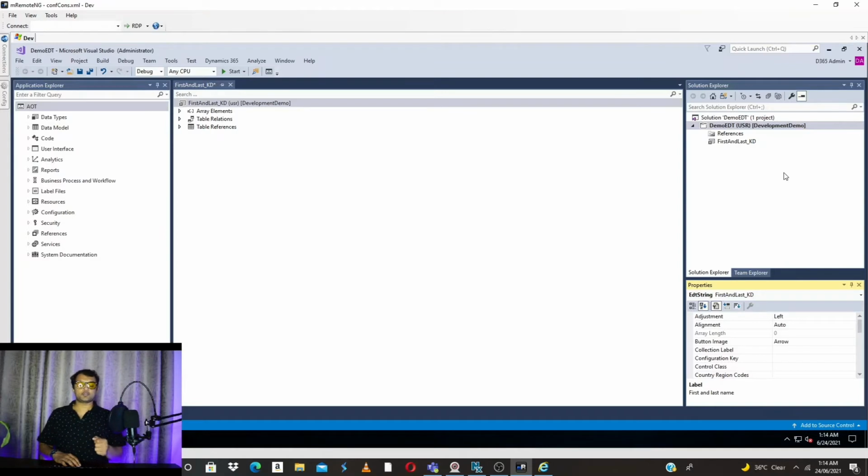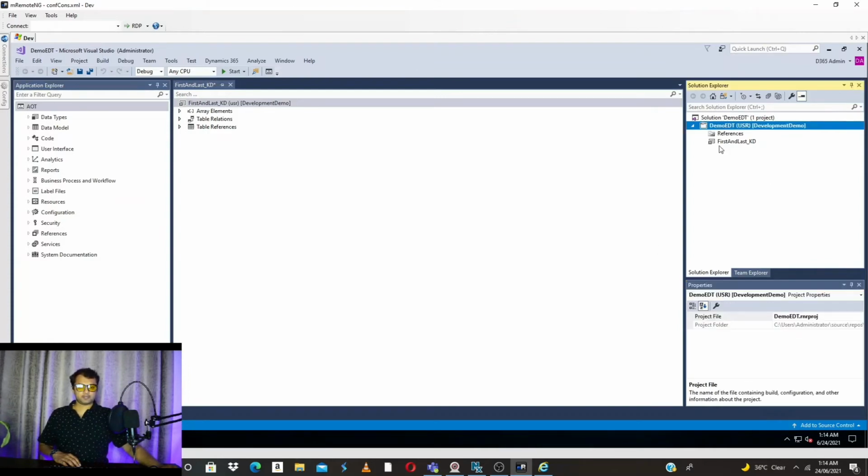Also, most of the time we will be changing the labels as well. Instead of going to all the tables, you can just change the label at the EDT level and it is applicable for all the tables. So this actually streamlines a lot of coding aspects, and it is less effort on the developer's part.